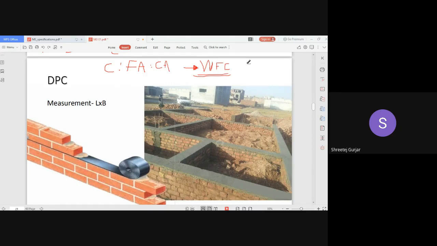Okay, so we are done with materials. I have told you what all materials are required: cement, fine aggregate, coarse aggregate, and waterproofing compound. Proportioning has to be provided as per your design. Then thickness. The thickness is usually, sorry, not 25 centimeters, it is 25 mm to 40 mm.